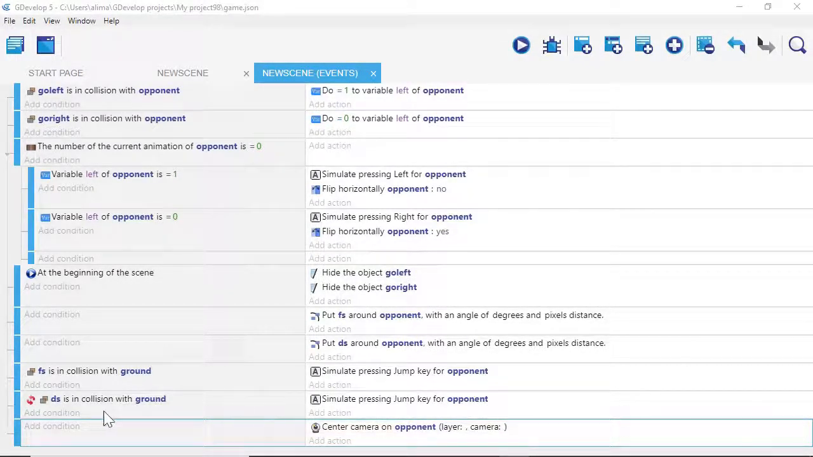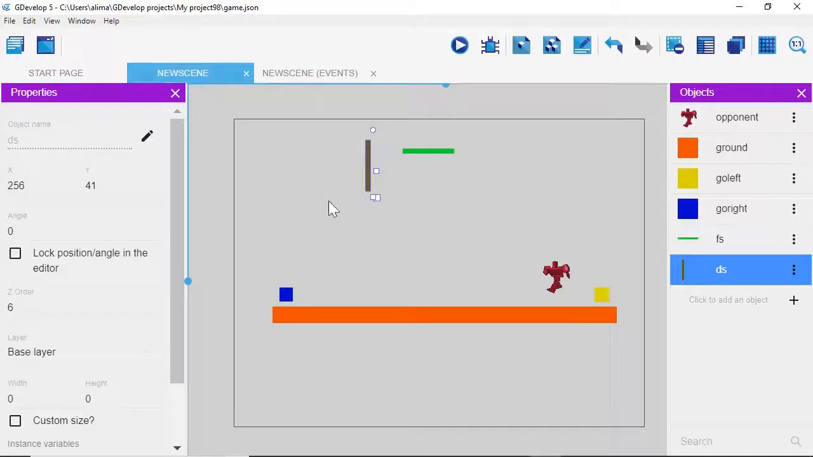Okay, in GDevelop, a condition says when something happens, and then the action says what to do when something happens. Because we have no condition here, basically what we're telling GDevelop is to do this constantly. So to constantly center on our opponent character, and that's what we want. So the reason why we went through all of this is what we want to be able to do is